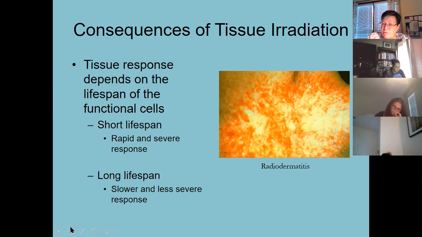So if the lifespan of the functional cells is short, you will see a rapid and a severe response. If the lifespan of the functional cells is longer, the body will have more time to repair and recoup, and so you would see a less severe response. And again, the response that we see depends on the lifespan of the functional cells. For those cell types with a short lifespan, you're going to see a quick result. With a longer lifespan, you won't see